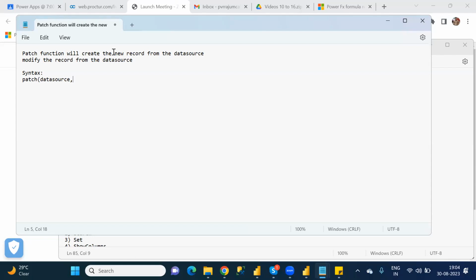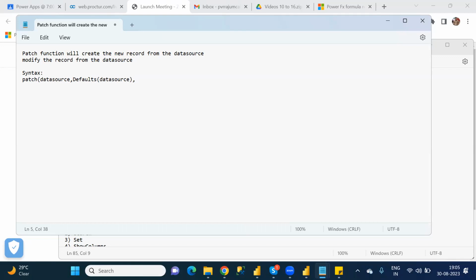Either you can use Defaults or you can use this record, comma, on which columns you want to work. If it is Defaults, then Defaults, comma, the data source name,